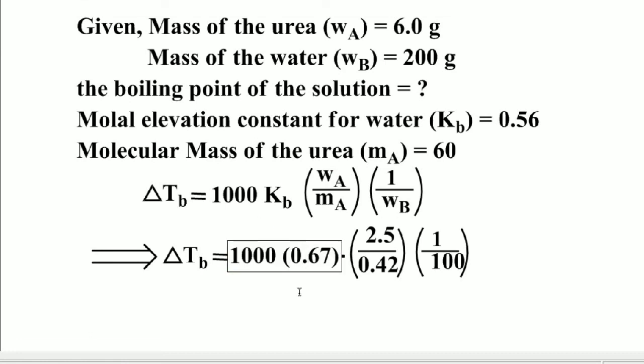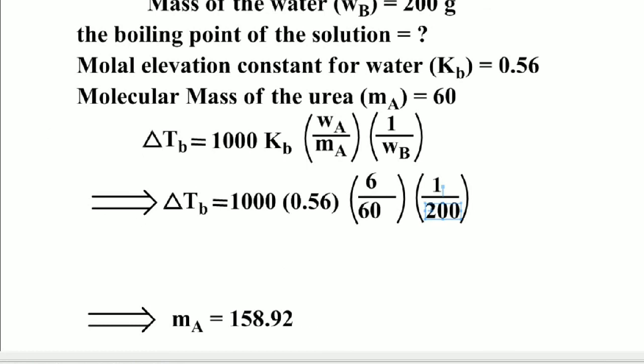The WA, the mass of the urea, is given as 6 grams. The molecular mass of urea we can calculate as 60, and the mass of the water is 200. Now on calculation we get delta TB is equal to